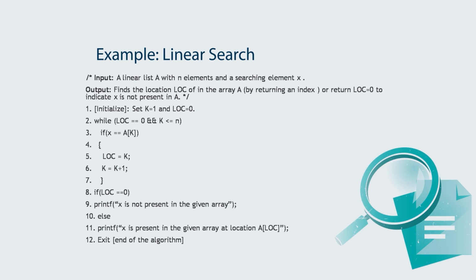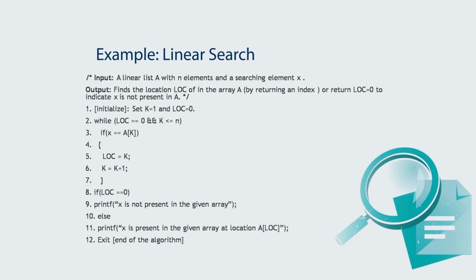We need output of location, find the location LOC of x in the array A, or return LOC 0 to indicate x is not present in the array. So here a while loop is there, where LOC variable is equal to 0 and k is less than n. Every time we compare that value x to each element of the array. Whenever we get x equal to ak, then we store the location of that